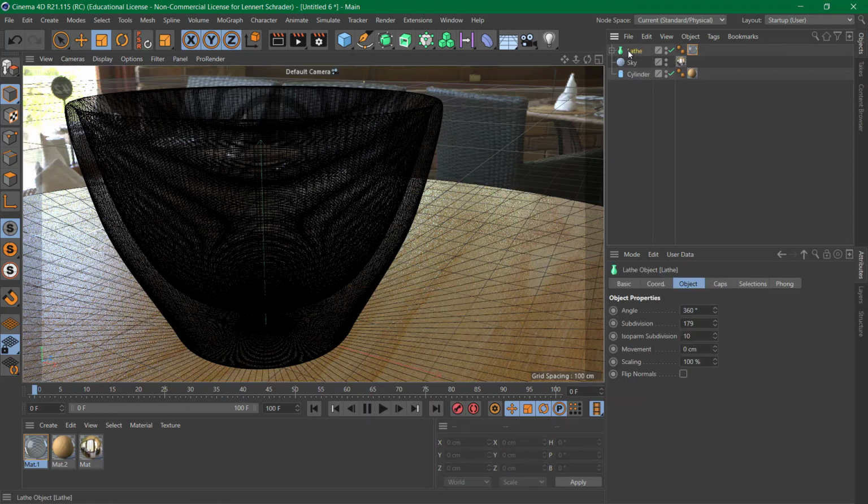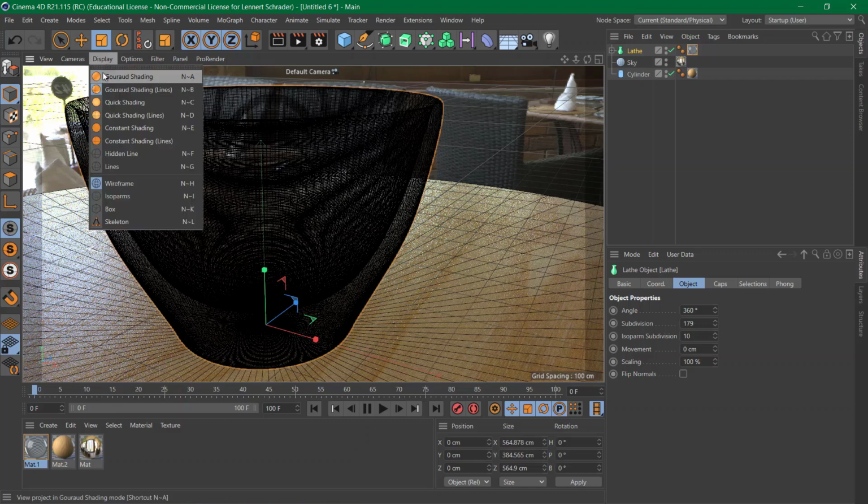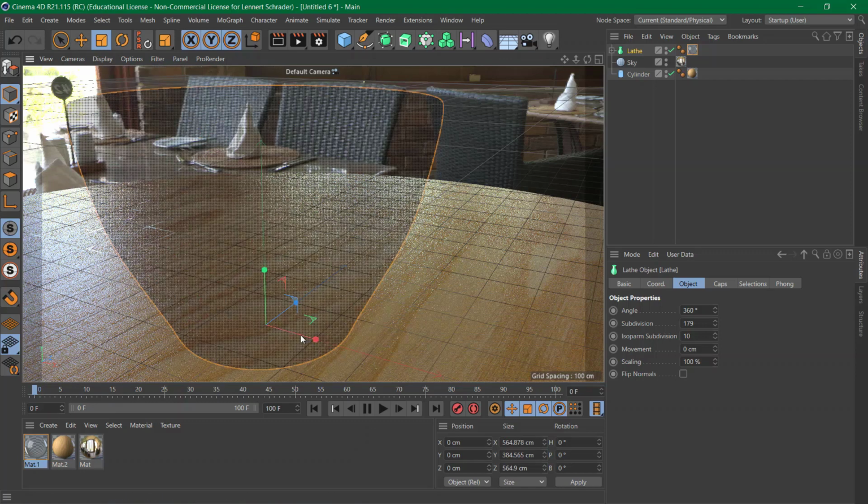It's 2. So here right now, if I go back to display and garage shading, this is what it looks like because of the glass material. So usually whenever we want to edit the glass material,